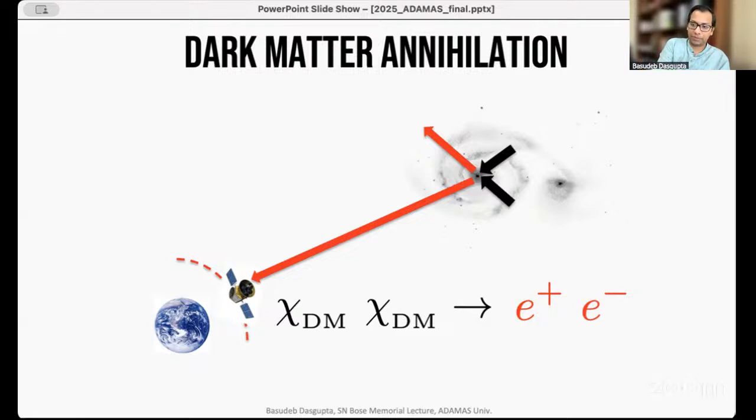possibilities. But the way in which we proceed is precisely the way that Dr. Mukherjee described, that you look at the morphology of the signal. Similarly, you can look at the energy spectrum of the signal and other things. These are the tricks that are used by observers to identify the origin of the signal that they're seeing. Great question. Thank you.